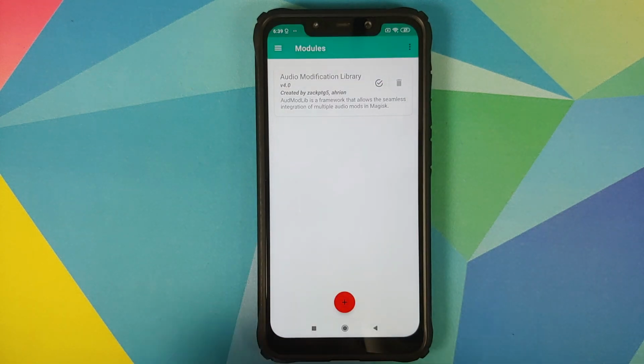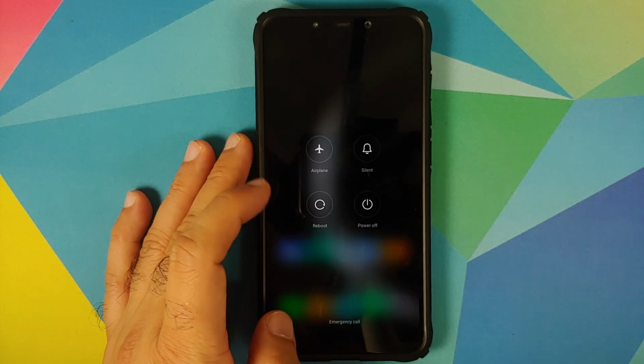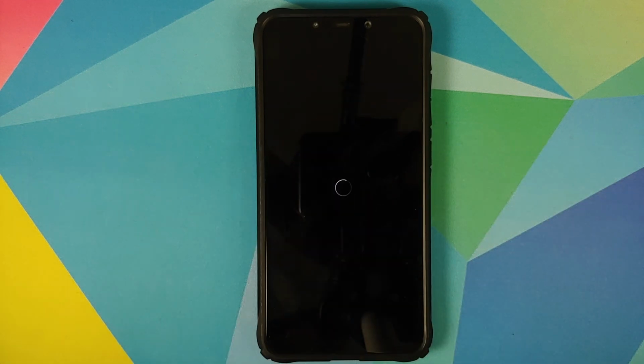Next we will open Magisk Manager, and we'll go into the modules section and disable all modules which you have installed. Again, you have to disable all the modules which you have installed. Once all of this is done, we are going to reboot our device once. And while the device is rebooting,